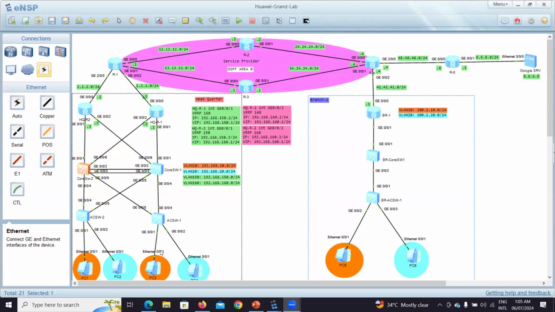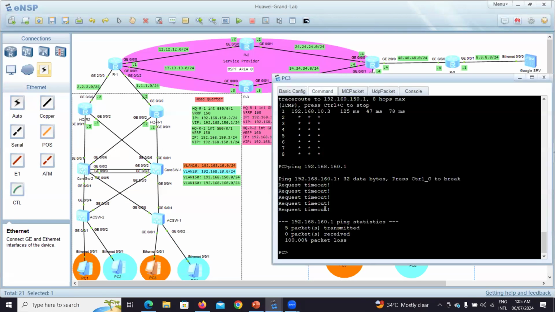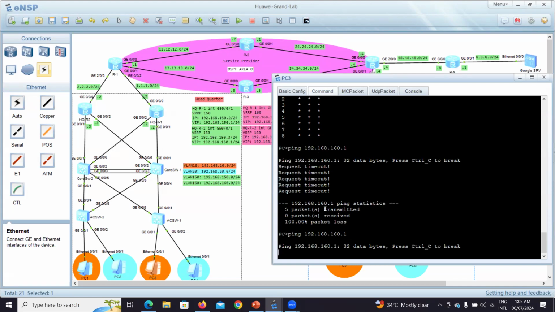Let me tell you what is the logic behind that. Normally in our infrastructure, the VLAN will not go down by itself, as long as somebody doesn't close it. Why is the ping not working here? If I just ping 160,